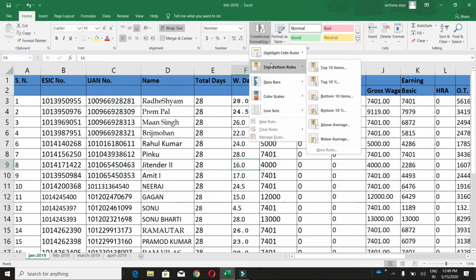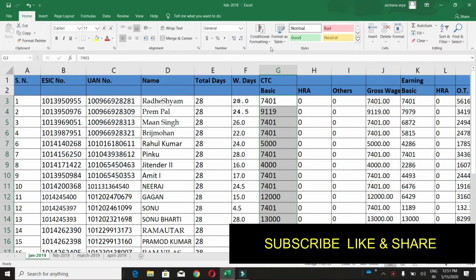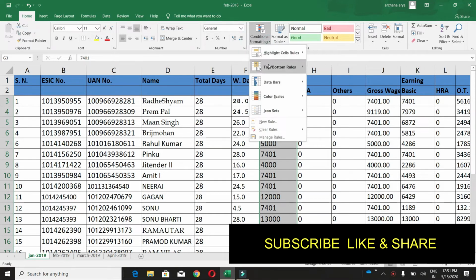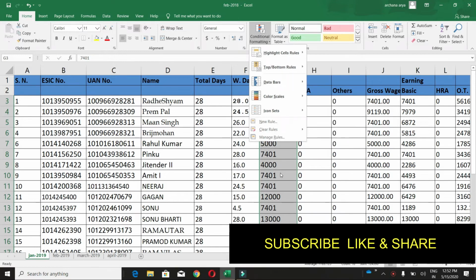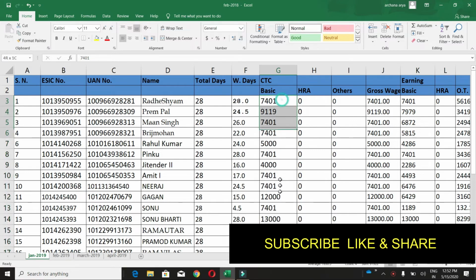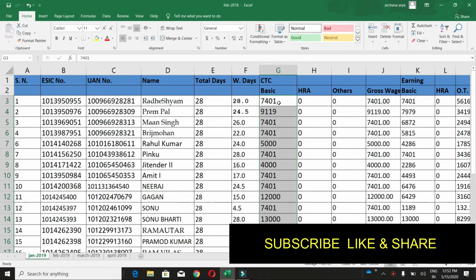What is the second option? The second option is top bottom rules. Okay fine. So guys, now go to the second option, select the range and go to conditional formatting. Then the second option we have is top bottom rules. In this rule, it will highlight your top 10 values and bottom values.